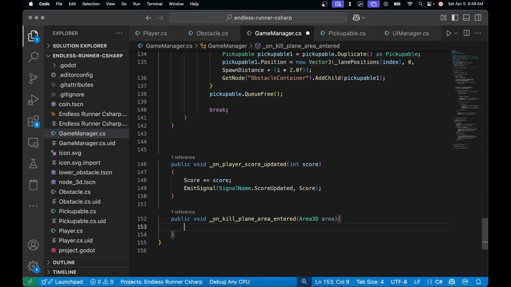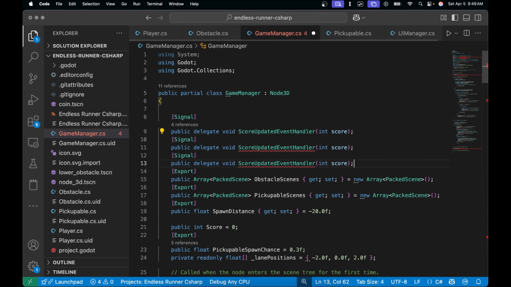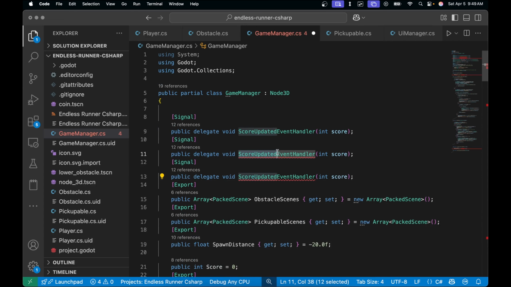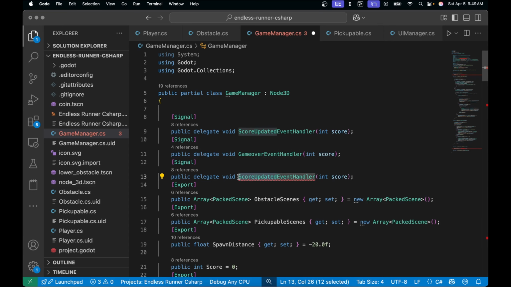And when this happens, we can have the game manager broadcast an event. You know, much like how we did before with the score, we can come in here and broadcast an event to handle when a player dies. And we can also come in here and do one for when the player is respawned, right? Because if you're going to die, you're going to need to be able to respawn. So we'll type game over event handler, and then we'll come in here and we'll also do start game event